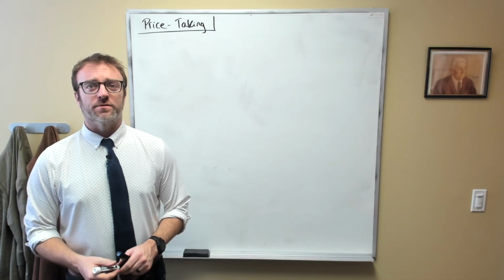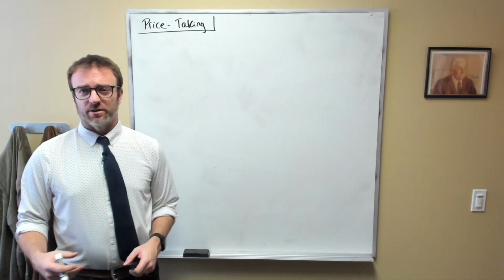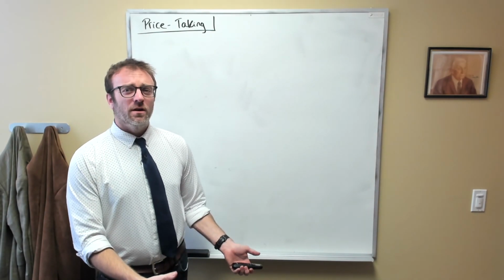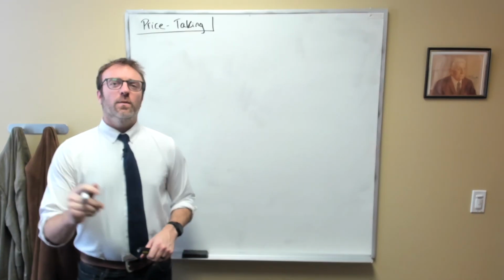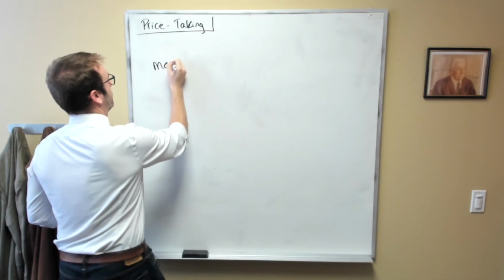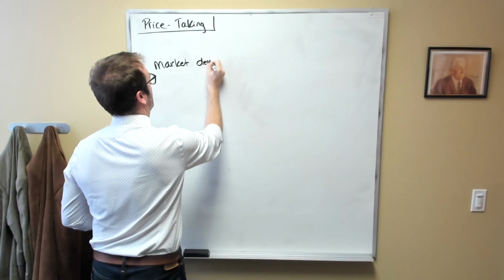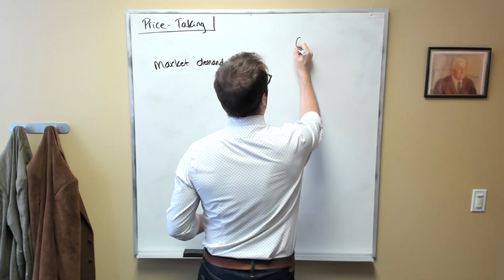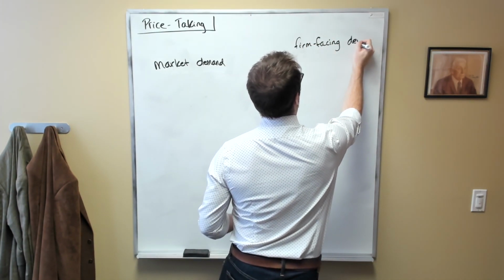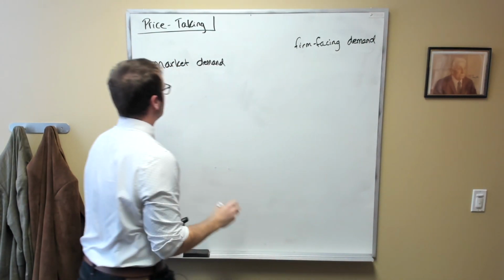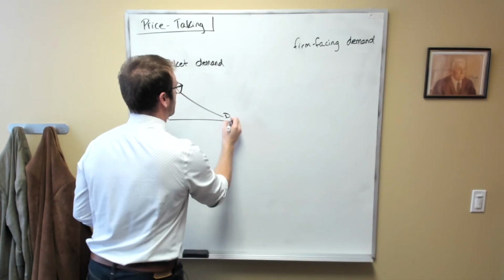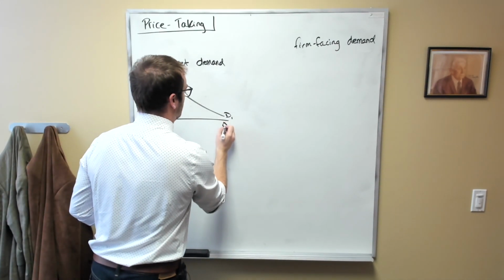Now, the horizontal demand curve might sound a bit strange. After all, aren't demand curves supposed to be downward sloping? Well, yes and no. What this does is highlight the difference between what we could call the market demand curve and the firm-facing demand curve. So the market demand curve will definitely slope down and to the right, reflecting the same first law of demand